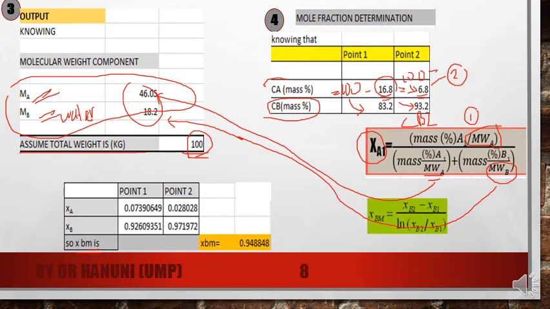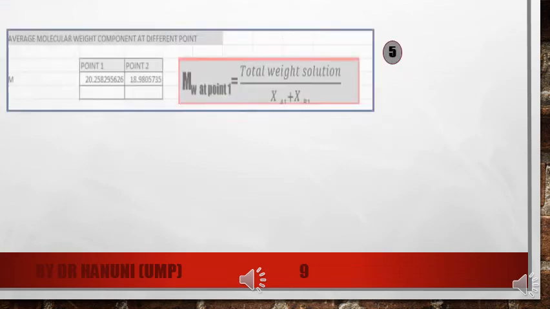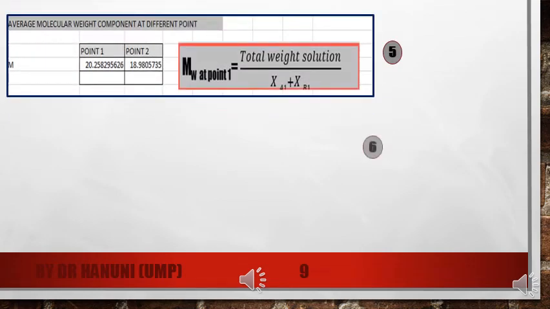The formula for XBM is given in this equation, where we need information about XB2 and XB1, which is available here. Here is XB1 and this one is XB2. That's it. Let's move to the next step, in which we need to calculate the